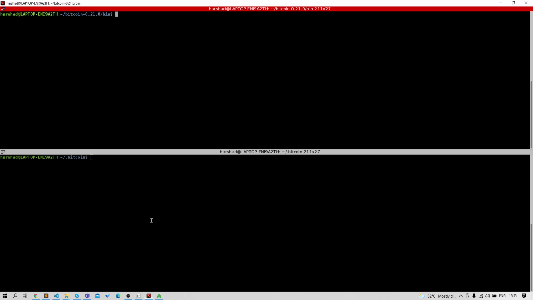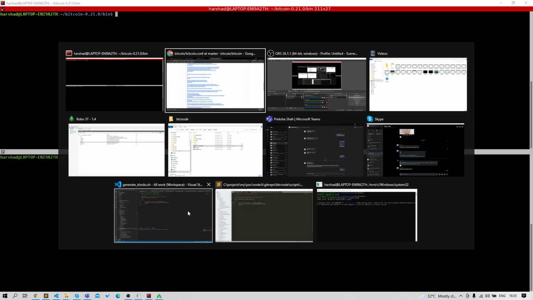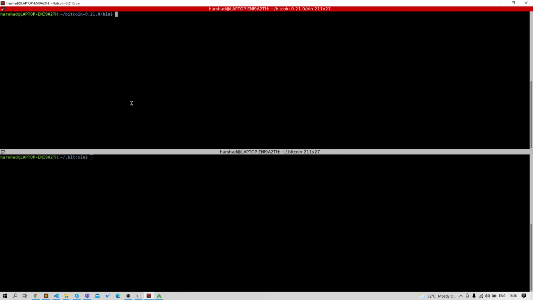You can just copy this file and paste it into this folder. Go to the cd tilde folder, and in it you will have the hidden folder .bitcoin. If you don't have it, then make that folder. In this folder you need to create the file bitcoin.conf. You can create this file with the nano command if you want, and paste the content of this file into it.